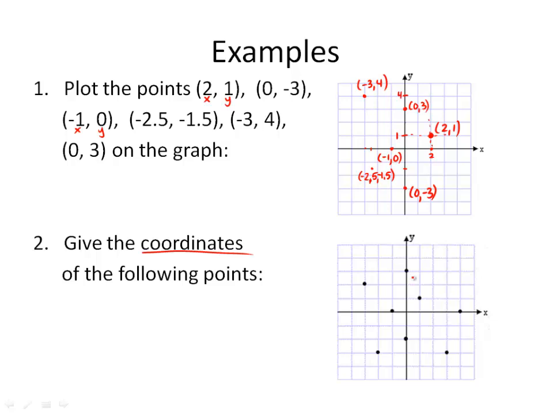So let's start with one of these points here. Let's take this one right here. Alright, so to get there, your x value would be -3 and your y value would be 2, giving you coordinate point (-3, 2). Let's keep going. You can just try these out and see if you get them. So this would be (-1, 0), because it's not going up or down, but it's going left 1 from the origin. And this one here is (0, 3),